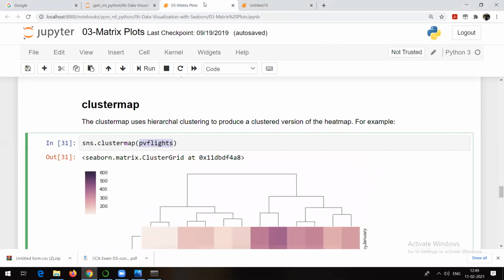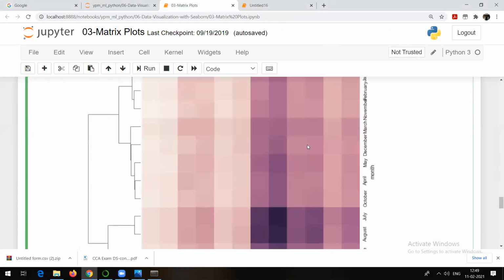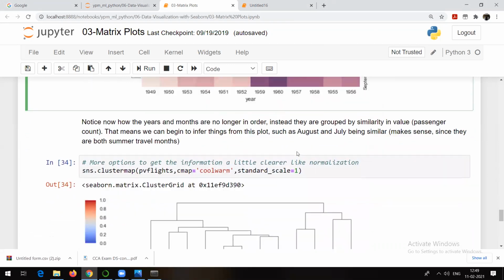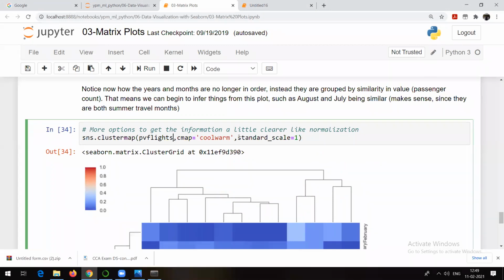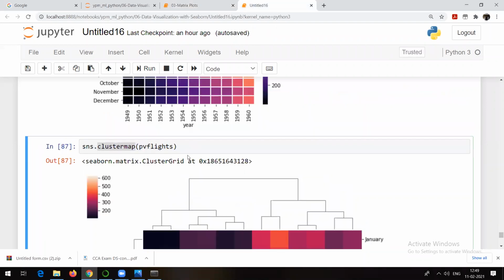But otherwise, in real time, what we generally do is we make use of K-means algorithm or DBSCAN algorithm for forming the cluster. And again, just to make that particular diagram readable, we can make use of a standard scale. If you see in the previous graph, the scale was not standard. The scale was created depending on the values in the data set. So yes, you can give the lowest and the highest value. If you want a scale as 0 to 1 or 10 to 100, that's possible.